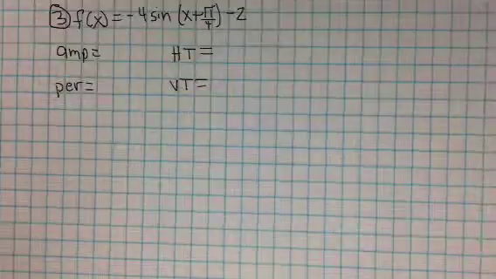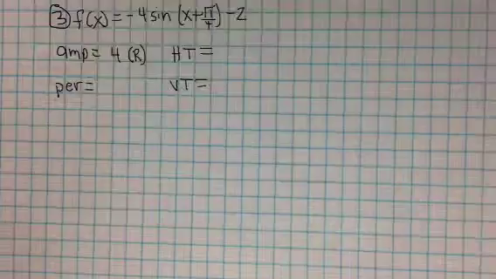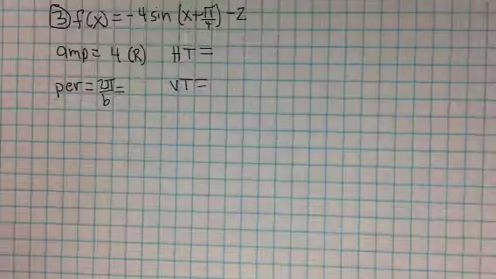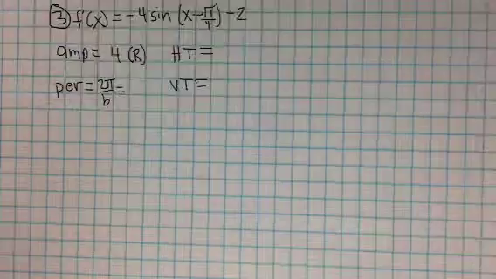All right, number 3, the amplitude is 4. Again, I'm going to put an R after it to remind me that there's a reflection over the x-axis. The period is 2 pi over b. In this problem, b equals 1, because I don't see a number in front of the x. So then we know that it's 1. So 2 pi